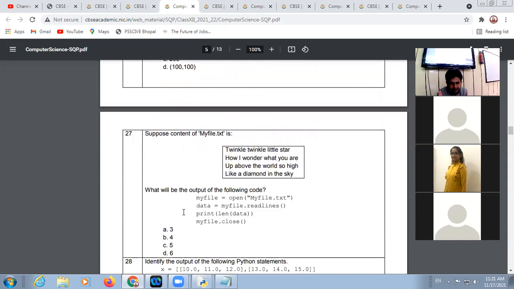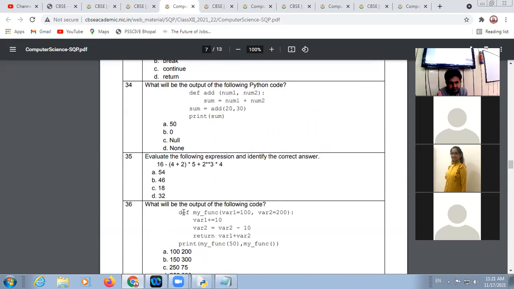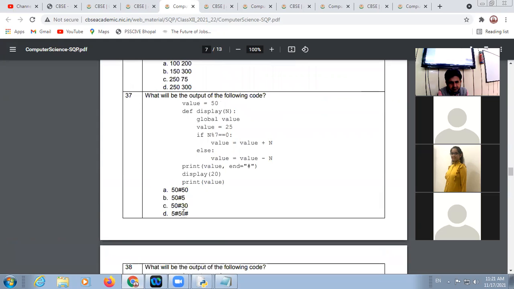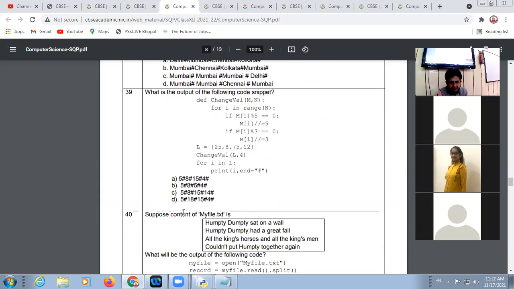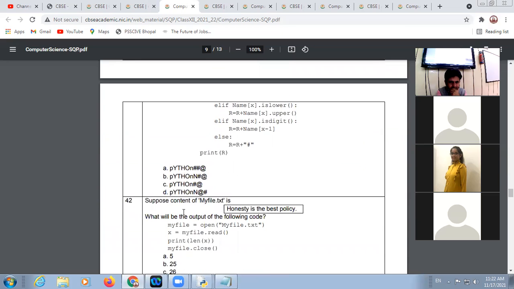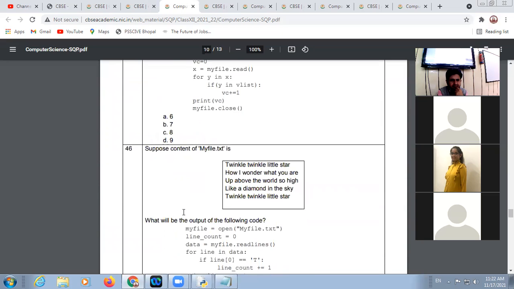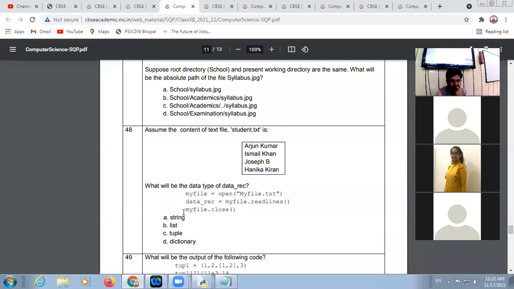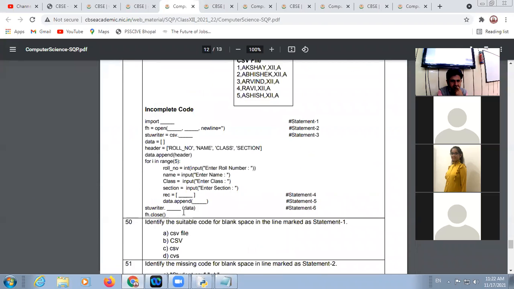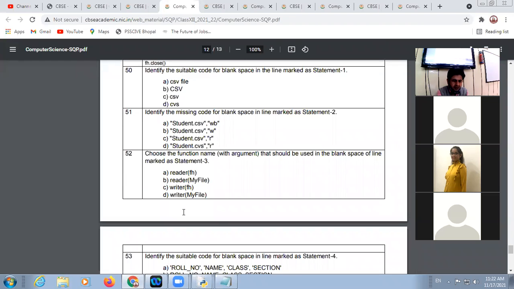Good. So I think we covered all the questions of dictionary from the sample papers.